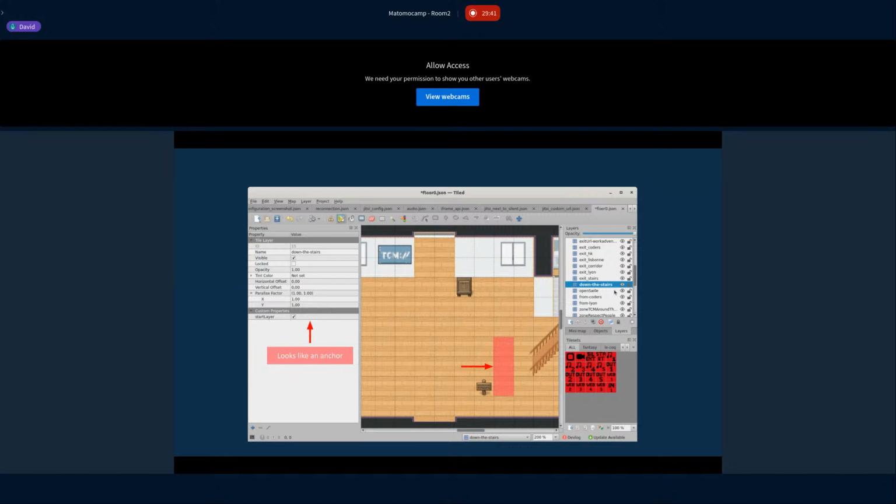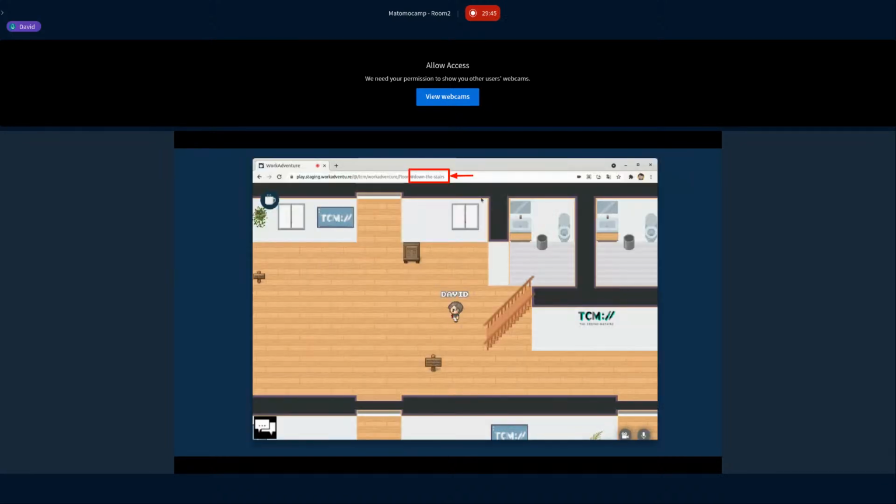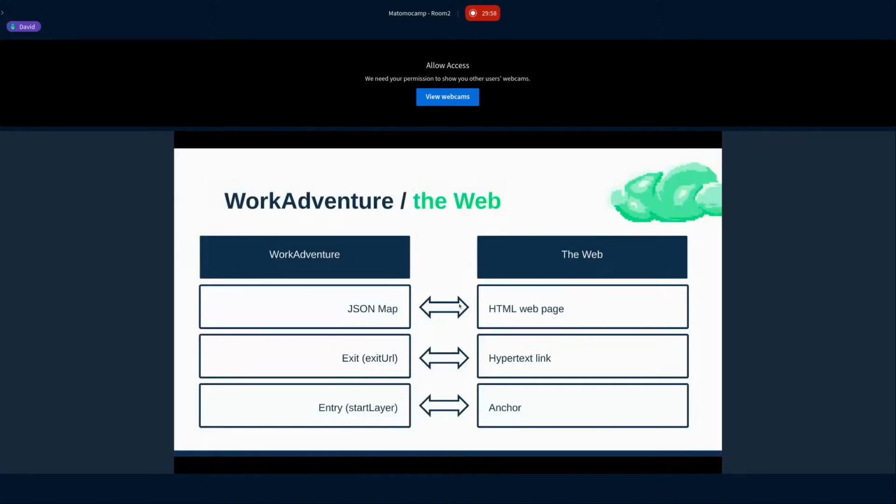Look at the name of this layer: it's called down the stairs. If I look at the URL of the map and put hashtag down the stairs, just like on a regular web page, the user is going to appear at this place on the map.